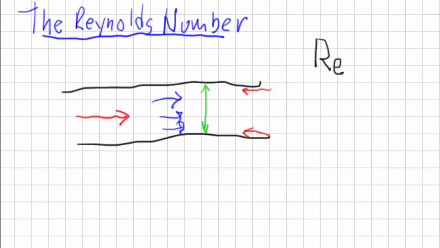If there happens to be an object in the middle, maybe a post or something like that, then this post will also have forces pushing back on it. Sometimes there's drag and so on. And these are shear forces along the edges and other types of forces that are pushing back. So the Reynolds number is a ratio